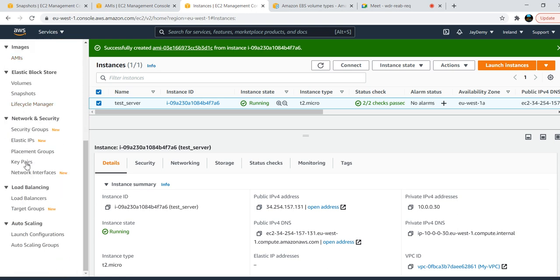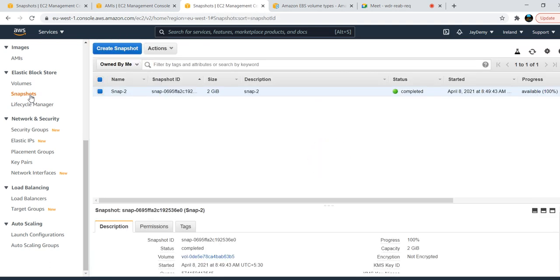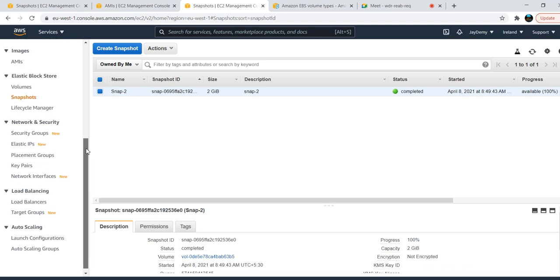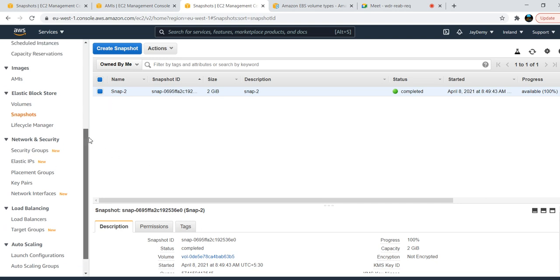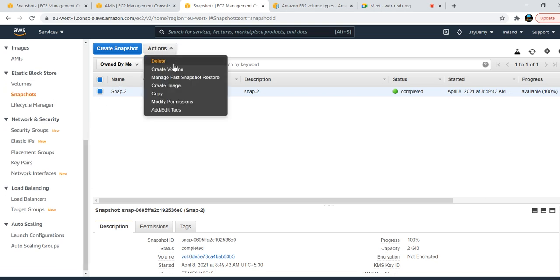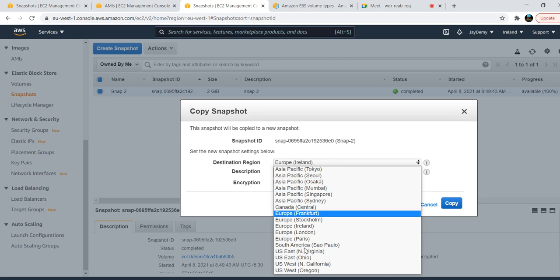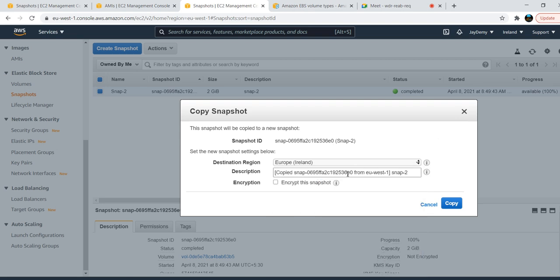And yes, they will ask about snapshots. What is snapshot? Snapshot is a backup of my EBS volume. So EBS volumes are incrementally backed up with the help of these snapshots, and you can restore in the same region or cross account also. You can see here, this is my snapshot, right? Create volume. I can create volume, or I can modify permissions. That means I am giving permissions to another account, or copy to any other destination region.